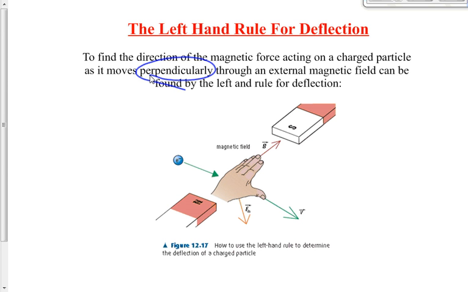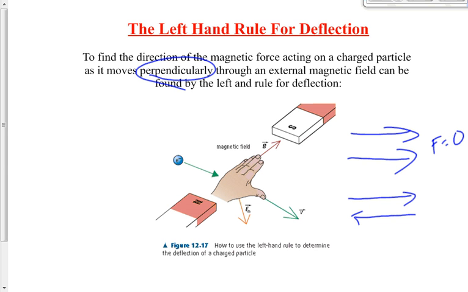If the particle is moving this way and the field is this way, the force is 0. You don't need to do a hand rule when there is no force. If the particle is moving this way and the field is this way, there is no force. Don't need to worry about a hand rule when there is no force. Now, if the particle is moving this way and the field is this way, no problem. We can use the hand rule for deflection, right? If the particle is moving this way and the field is this way,